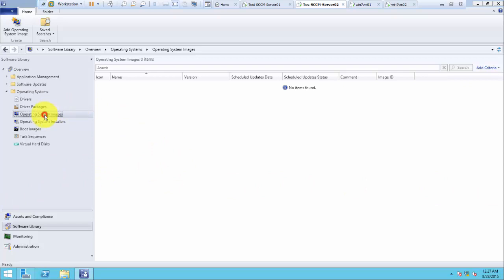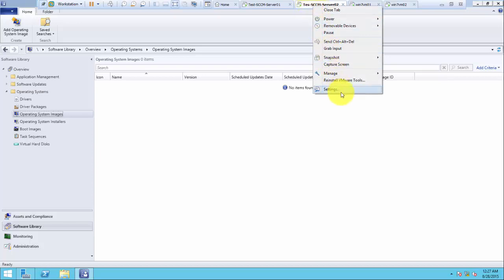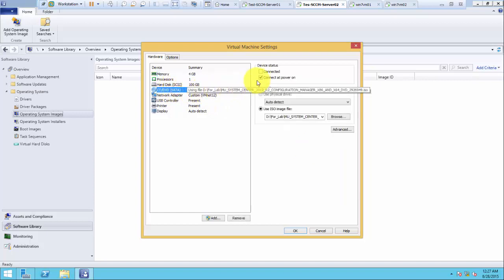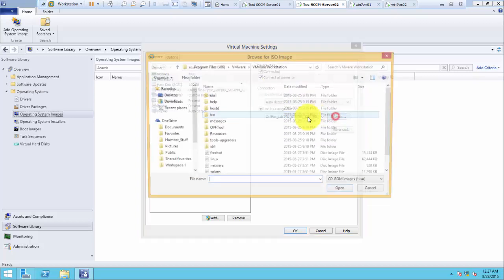So in order to add an operating system, what I need to do is mount the Windows 8.1 ISO file to my SCCM server here. I'm right clicking my SCCM server, going to Settings, and this is my CD-ROM, DVD, CD. I'm just going to mount this to my CD-ROM, making sure that Connected is also clicked. Click Browse, and